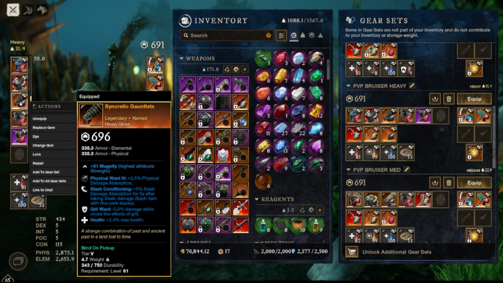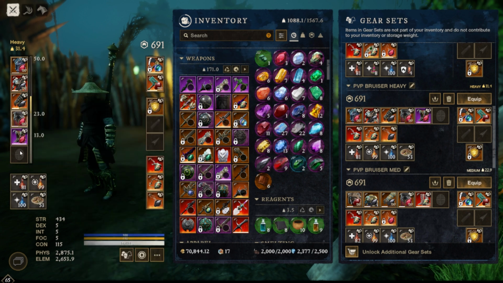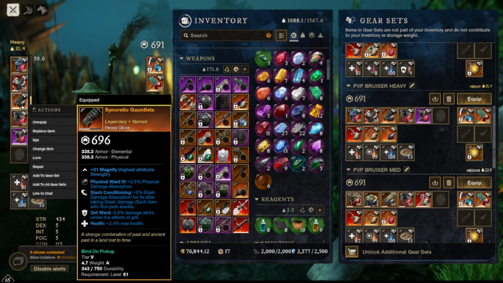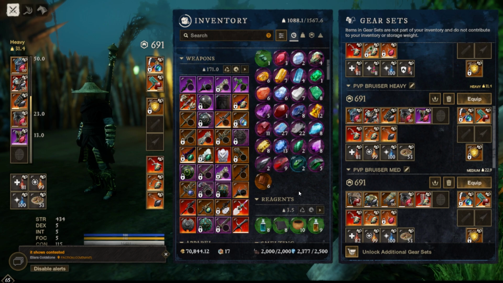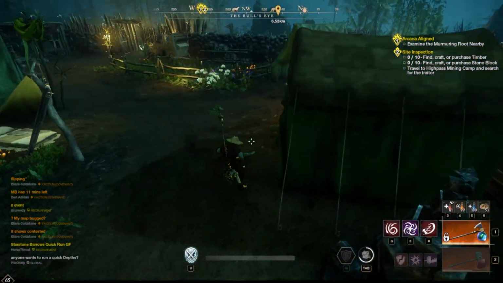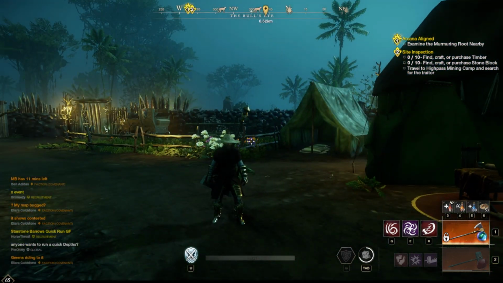Probably Grit Ward, Slash Conditioning, and any other defensive perk would probably be fine. And because of all the armor that I get, I would go 300 Strength, 300 Con. But with the 55 stamina change, and the fact that I do like to play a little bit more active and enjoy dodging out of personal preference,